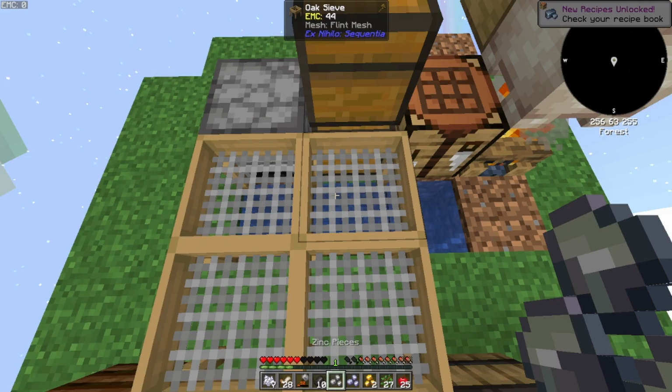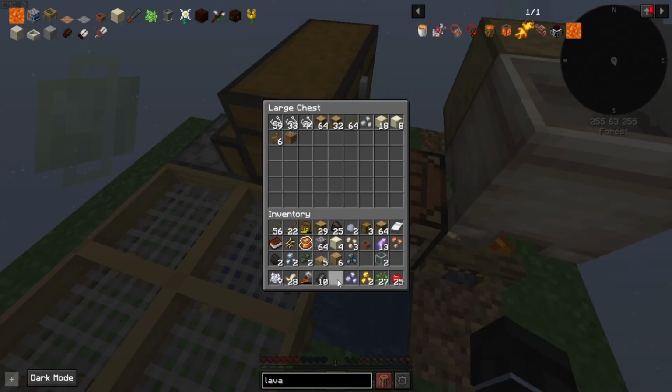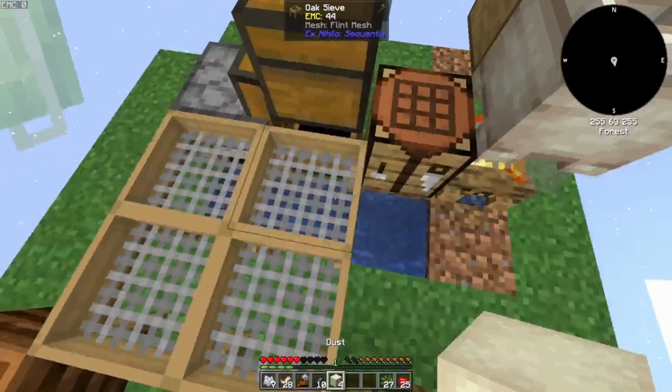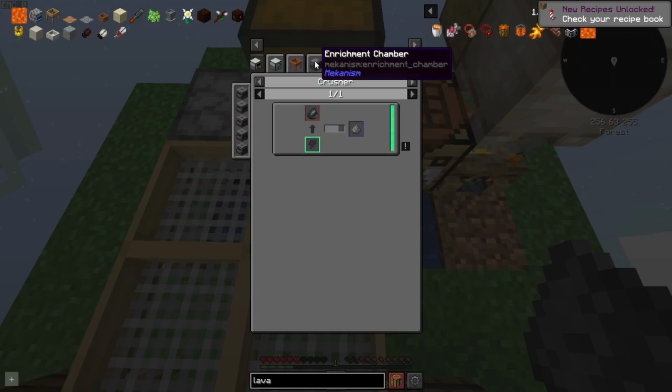Let's see. Oh, what the... No. Okay. Well, I'm going to sieve a bunch of gravel real quick, and then we'll be back. Oh, real quick, though. I want to show you that sieving dust. Okay, well, that's not what I wanted. I want to show you that it gives you...